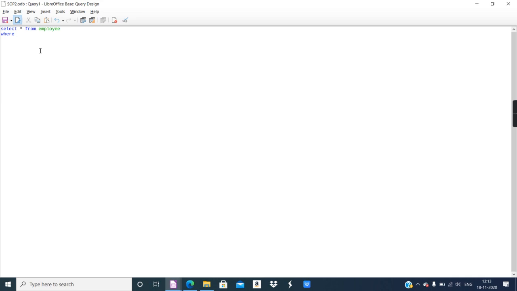With the help of this where clause you provide criteria. Where salary. But for salary, what is the name of the field? Use the name of the field EMPSAL. EMPSAL greater than.